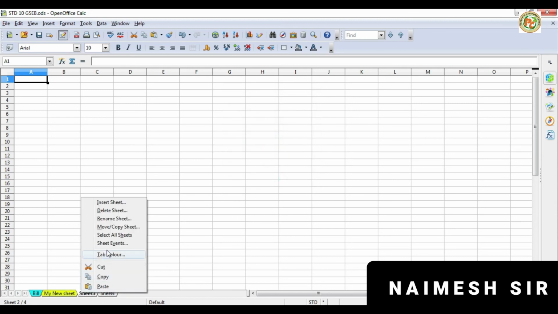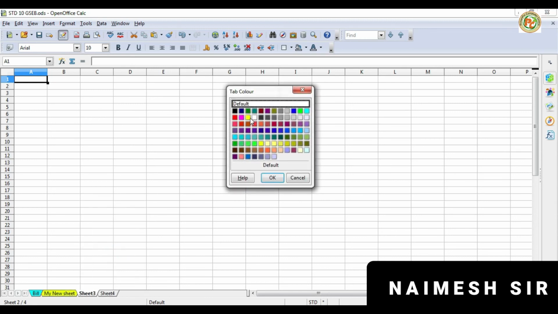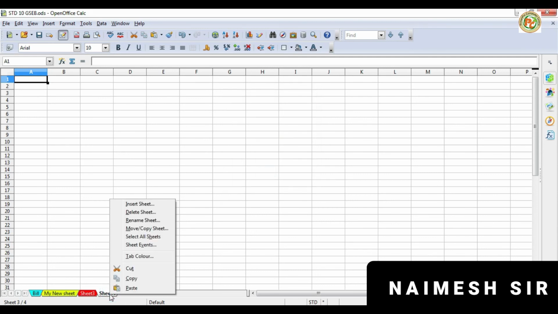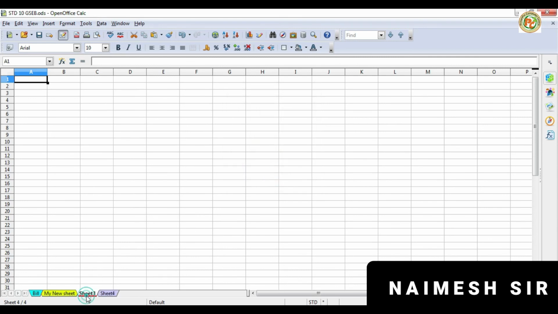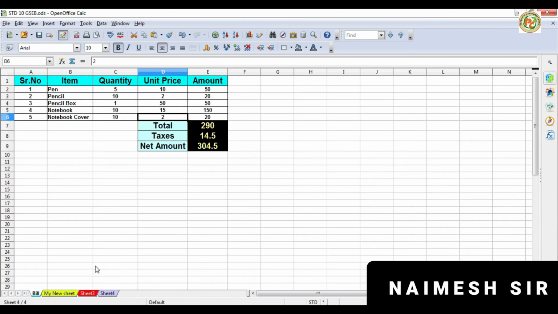Right click on the sheet tab, and then choose the particular color, select it and OK. Similarly right click, tab color, and you can specify the specific color, and see this way we can change the tab color also.